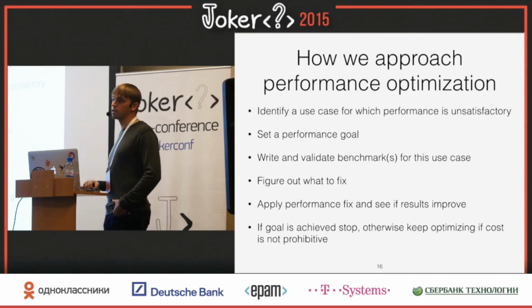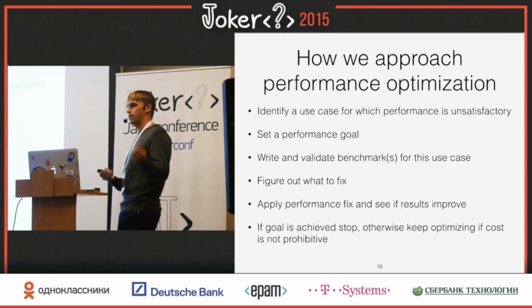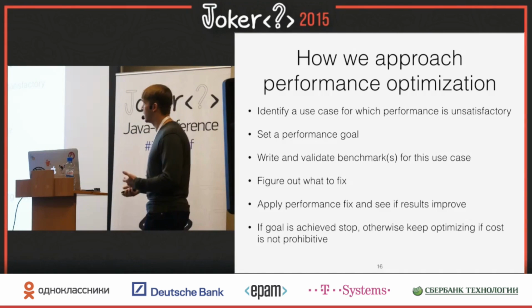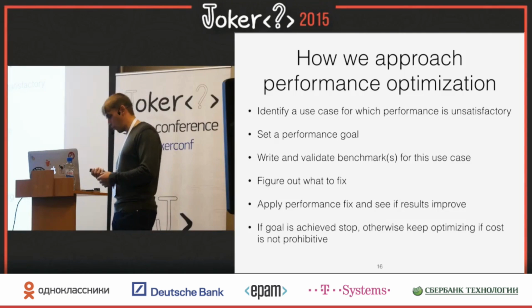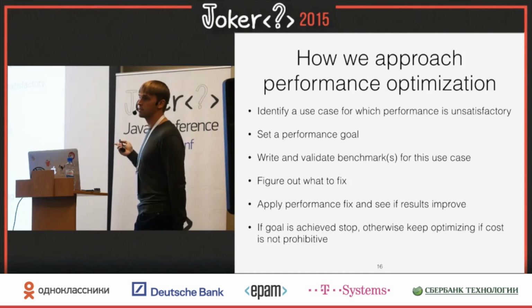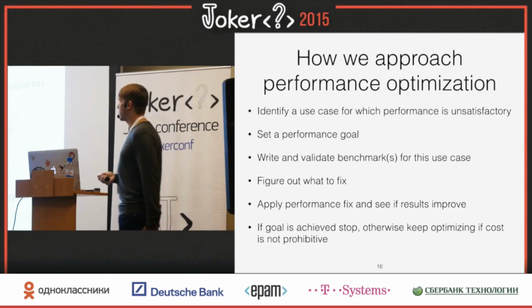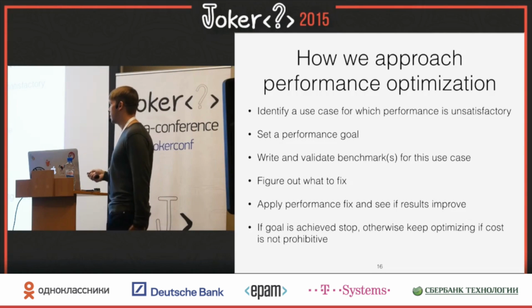unit testing, for instance, and we said, well, if we implement a feature or fix a bug, the first thing we do, we write a test, a failing test, and then we fix it. Then we know that we achieved something. So we can do the same with our performance optimization. So it starts with we identify a use case, or somebody complains about a use case which is slow. We try to do this, set a performance goal.